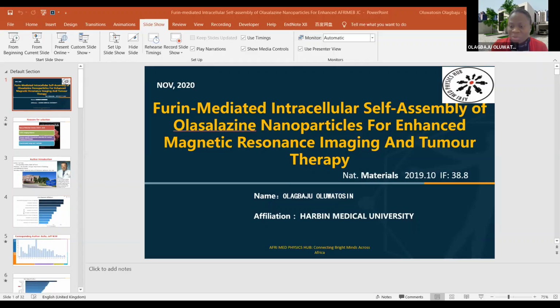There is a particular author who works on pH sensitivity, and the agents he used were already approved X-ray contrast agents, like iopamidol and iobitridol. He tested all the contrast agents being used for X-ray imaging, and he got good pH sensitivity using the ratiometric method. These are already approved for X-ray, so why not transfer the same agents to MRI, without the radiation effect? And it's working, and I think they're already planning to transfer to